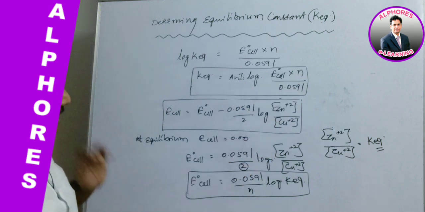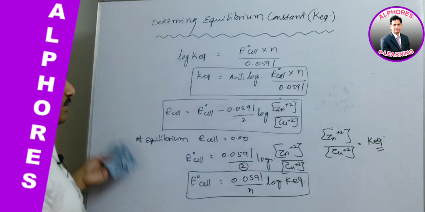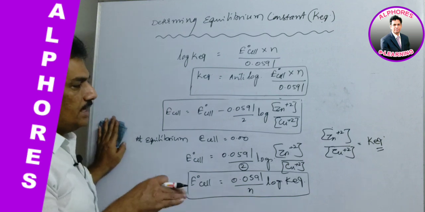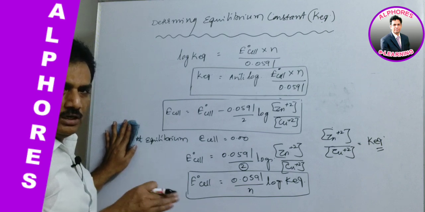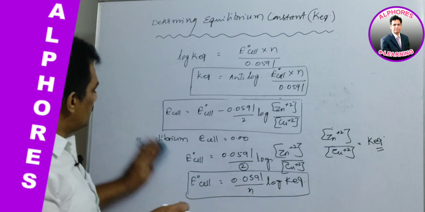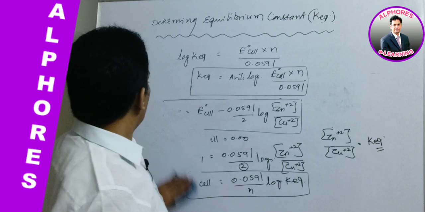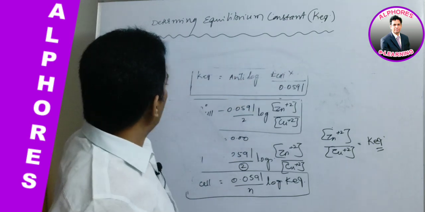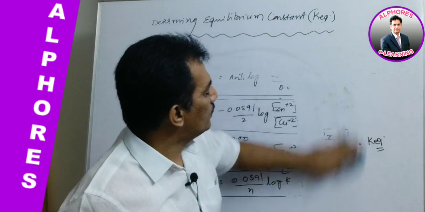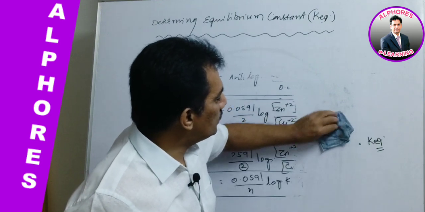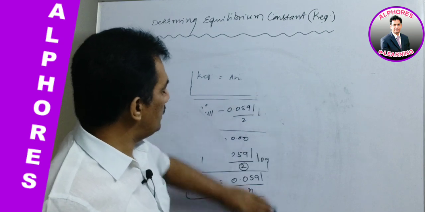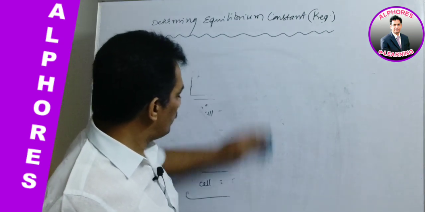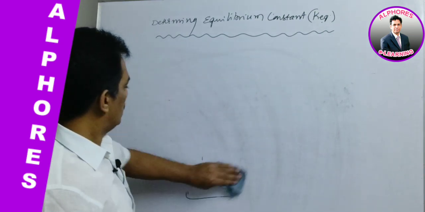And now, depending on this concept, again by using the Nernst equation for the Daniell cell, a simple logical question, a graphical approach, is given. Let me discuss that question for your NEET, which requires very little time to solve each question. But here, if you know the logic, simply you can find the answer. So such a type of question I am going to discuss here.